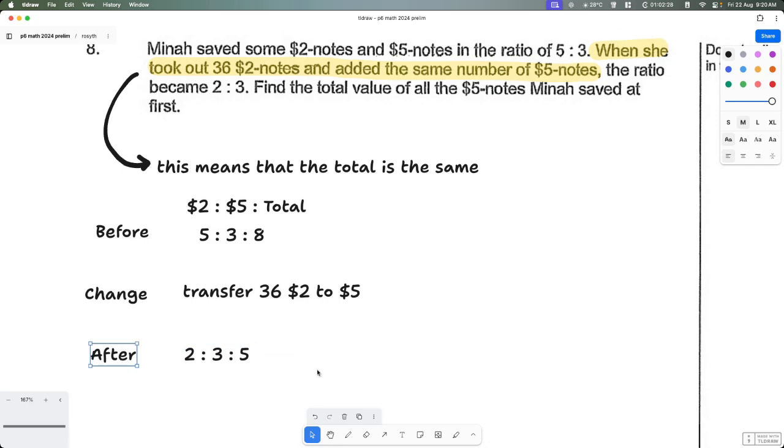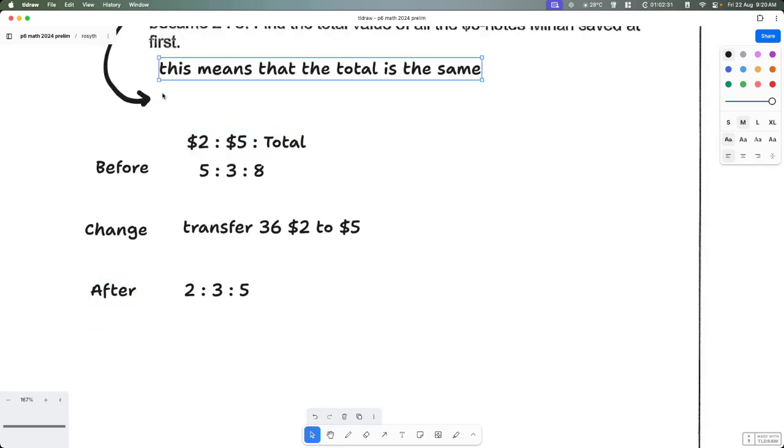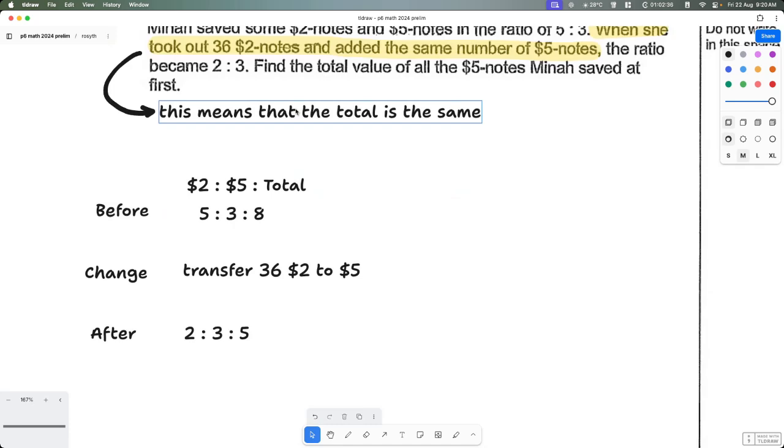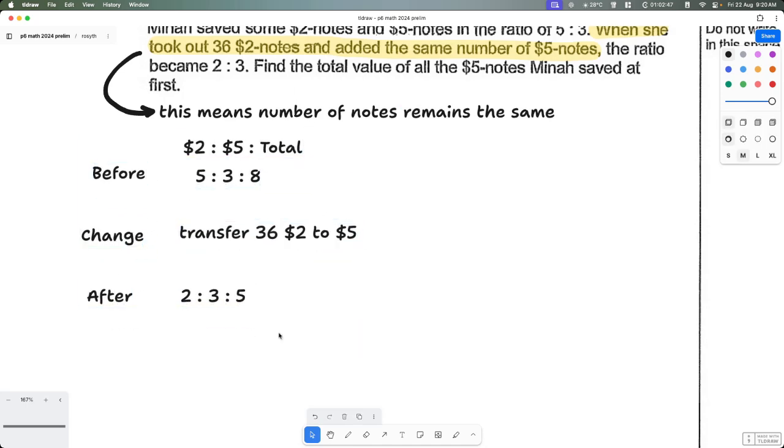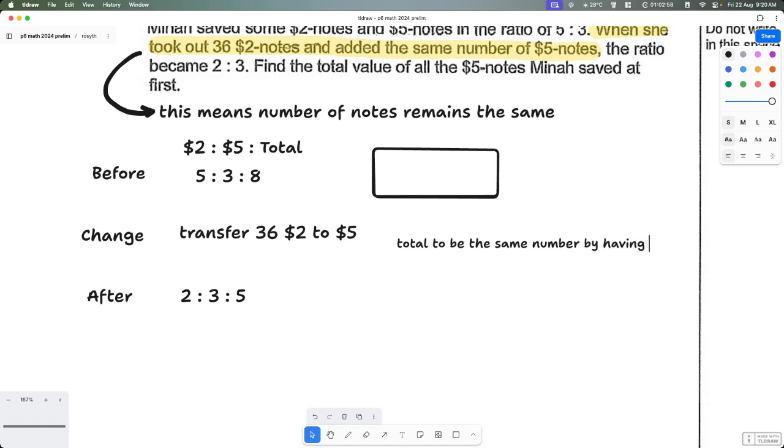This means the total number of notes remains the same. So with this we want to get the total to be the same number by having the lowest common multiple,